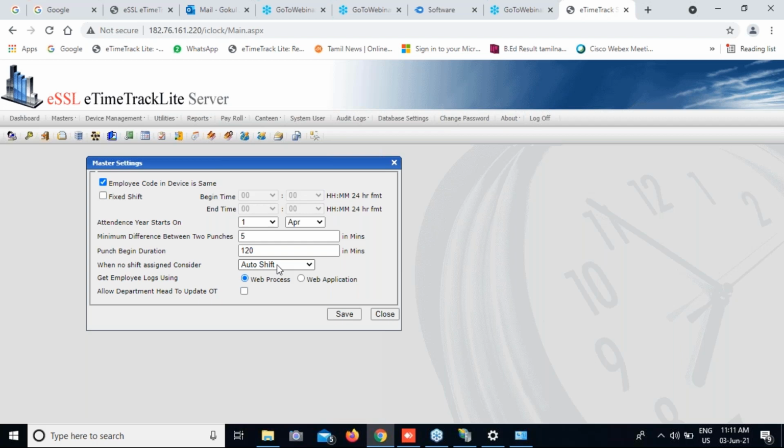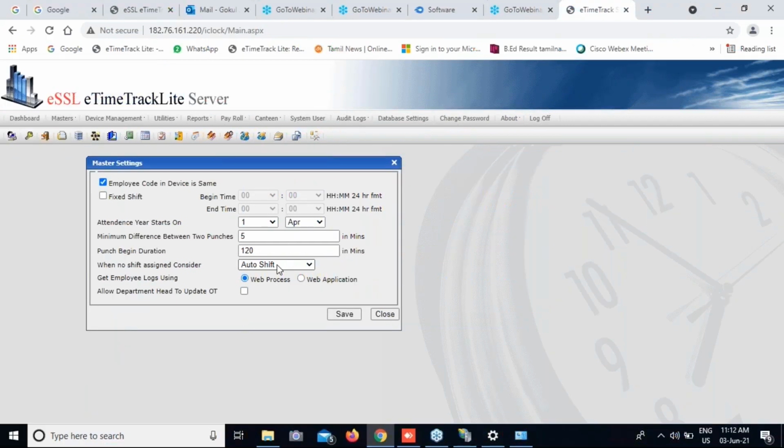Based on the in punches only, we will put the shift. Basically, our time runs from 00:00 to 23:59. If there is a first punch before 23:59, we will consider the shift for that particular day only. We will not consider the second punches.